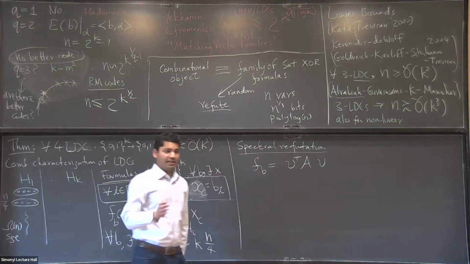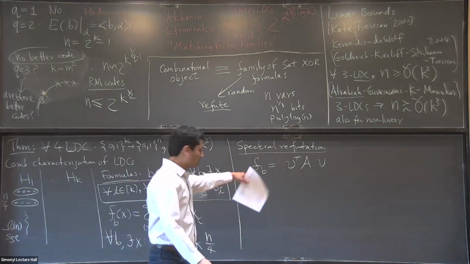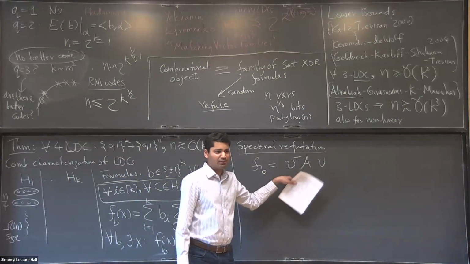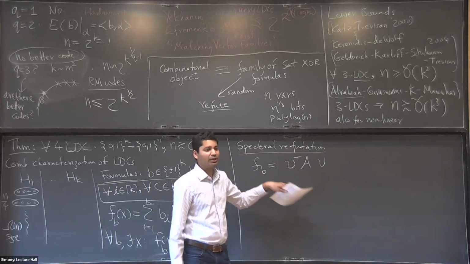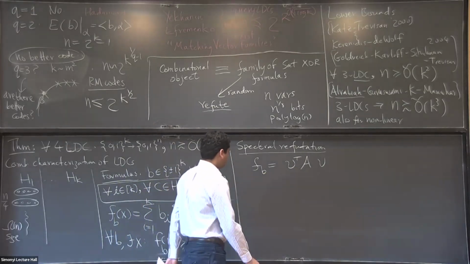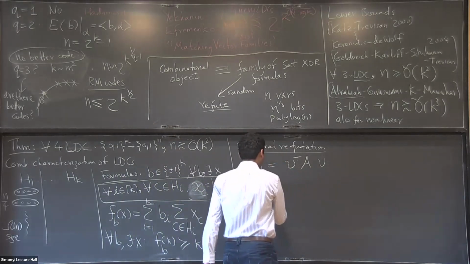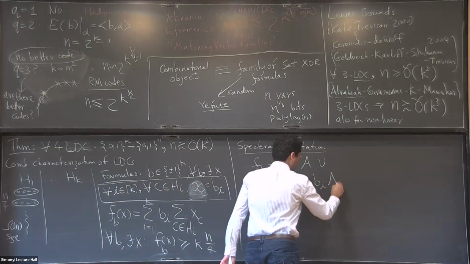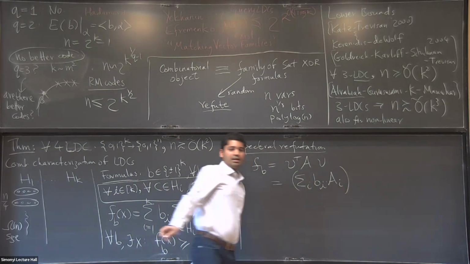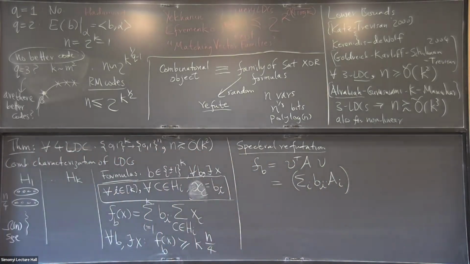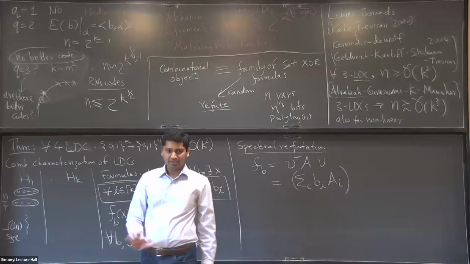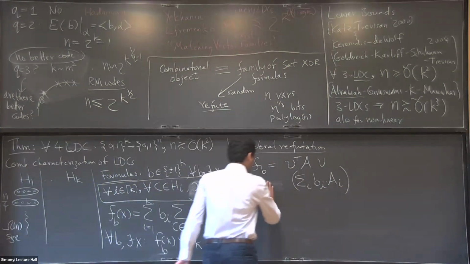I'm going to first define x. I have not told you what v is. It's not going to be x. I notice that if it's x, then it's a quadratic polynomial, first of all. But in fact, v is going to be, I'll come to it. Good. I'm going to write f_b, in fact, let's answer the question right away. I'm basically going to invent one matrix for each matching. So I'll have A_1 through A_k. That's how A is going to look. I have not told you what this is yet, just telling you the form of it. And v is going to be